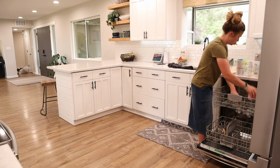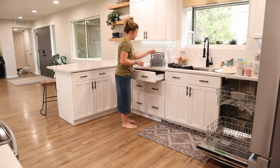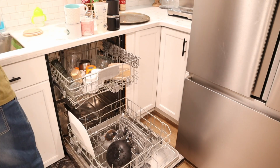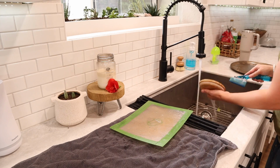So I hope that you enjoy getting to see me organize all of that food, getting it organized into the pantry and the fridge. It's always such a good feeling to have the fridge and the pantry organized, restocked, and cleaned. So now we're back to the day of cleaning, and I'm just finishing up getting this kitchen cleaned up,